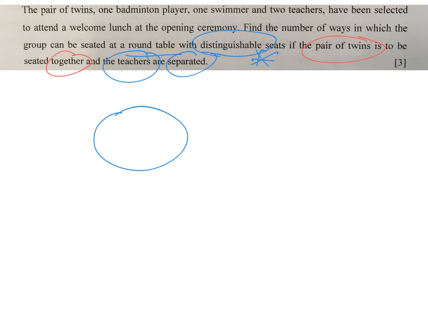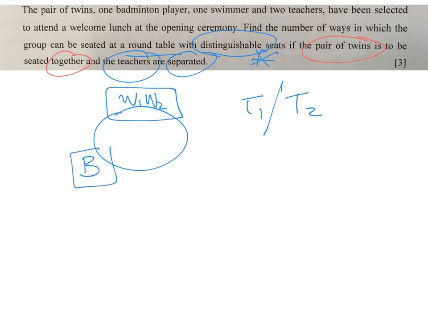So basically we have the pair of twins, let me call them W1 and W2, which have to be seated together. Then we have the teachers, let's call them teacher 1 and teacher 2, and these two have to be separated. At the same time, we have one badminton player chosen and one swimmer chosen. So recall that this type of question which involves separation will involve the slot-in method. So first, let us